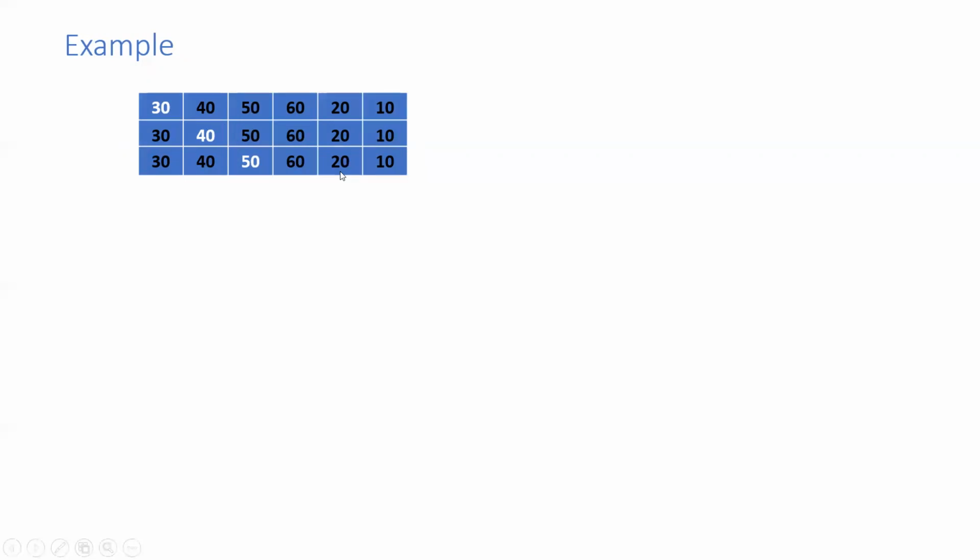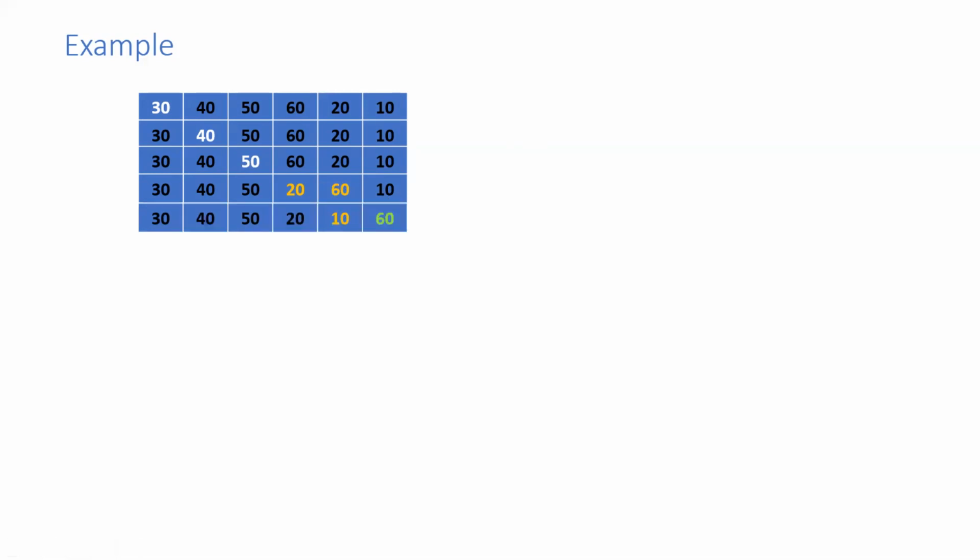So we are going to swap these two values, 20 and 60, and you can see it here. Now we'll pick up the fifth element in the array, that is 60 here. 60 is compared with the next element in the array. Is 60 greater than 10? Yes. If it is greater, then we'll swap the values as shown here.